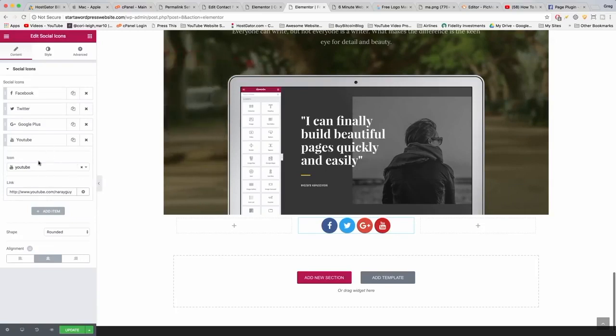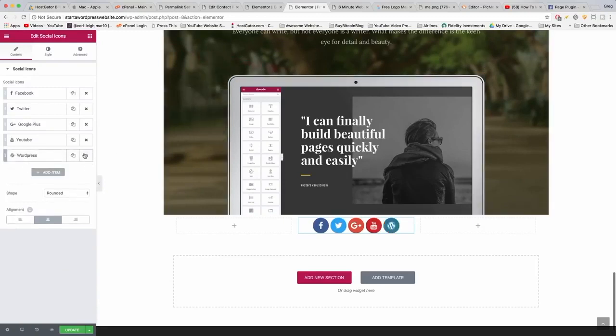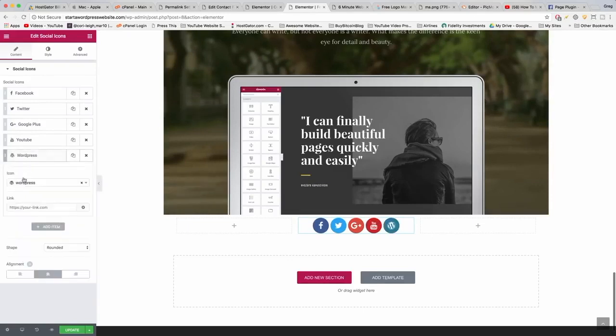And then if you want to add one more, we can add item. And then I'm also going to do one more. So WordPress looks pretty and all, but I'm actually just gonna do Reddit, because I started posting a little bit on Reddit. I think it's a lot of fun. You can learn so much, and people just go nuts in those comments. Okay, so now you guys can check out my Reddits. And Reddit's actually a great source of free organic blog traffic if you answer the right questions or you post really interesting links. So, alright, we're gonna update that section,